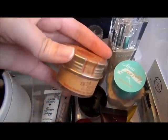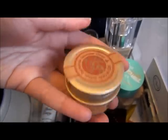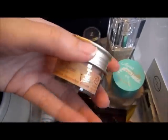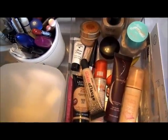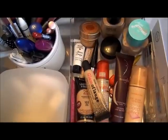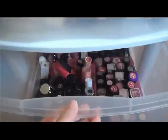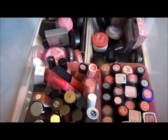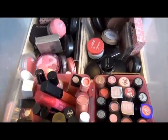Those who are looking for an under eye corrector, the Skin Food Dark Circle Cream is a very good one from Skin Food. Highly recommend this as well. So everything here needs to be easily accessible, things I use on a day-to-day basis, so they all go on the top drawer. This is the middle drawer,